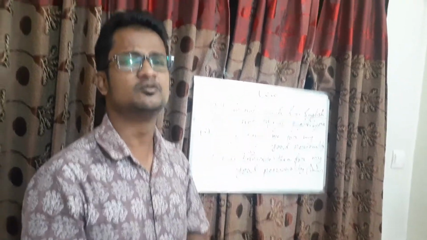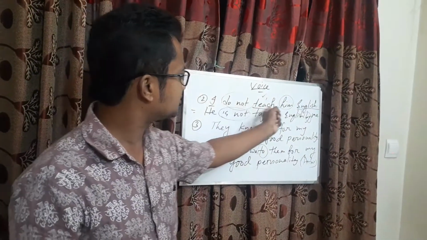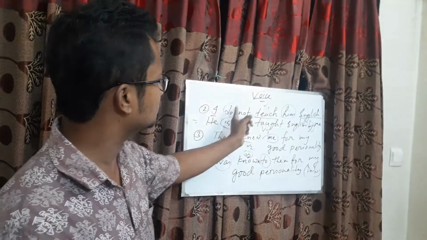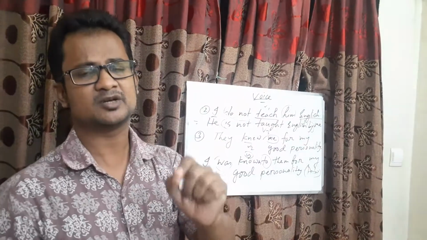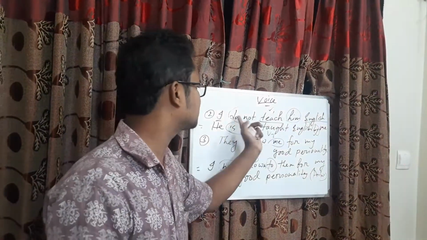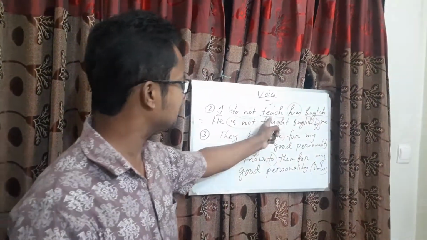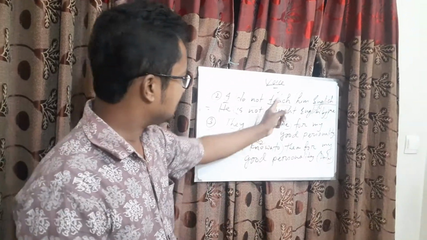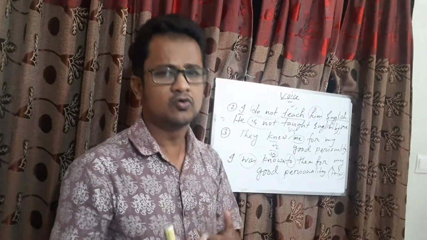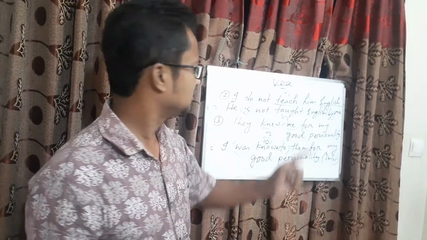Suppose I do my homework, that is a main verb. But you see here, I do not teach him. Here, do not is an auxiliary verb. Whenever with do, there is another verb, that other verb will be the main verb, and do will be the auxiliary verb. So students, do not is an auxiliary verb. What is the main verb? Teach. And you will ask the questions to the main verb with who, whom, what. So teach,